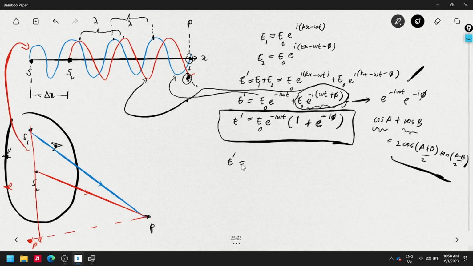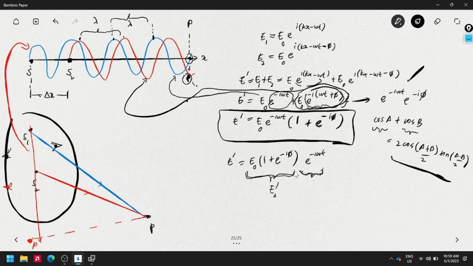So if I rewrite this, we have E naught times 1 plus e^(i phi), times e^(i omega t). So it seems like I'm having the same form of my wave function. Initially we have this one, okay? If you look at this, we have this one, and then this one. So I have the same form, but now I have my modified amplitude. I hope you can relate this. So now I have my modified, or superposition, or resultant amplitude.